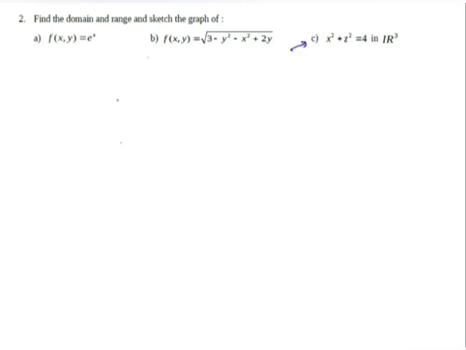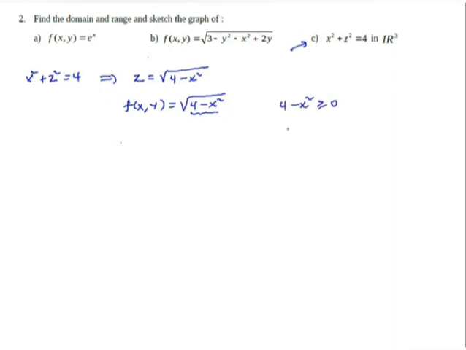So ወደ c ስንመጣ ምን አለን? x square plus z square is equals to 4 ሚል ነገር አለን። ይሄ ምን ይነግረናል? z is equals to square root of 4 minus x square ነው የሚሆነው። So this z is f of (x, y) which is radical 4 minus x square. So የዚህ ፋንክሽን ዶሜን ማለት 4 minus x square defined የሚሆንበት ማለት ነው። 4 minus x square greater than or equals to 0 የሚሆነው x between minus 2 and 2 ሲሆን ነው።